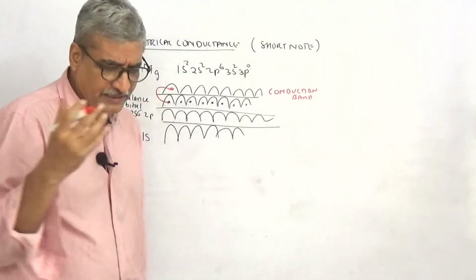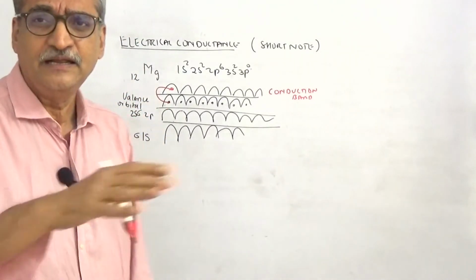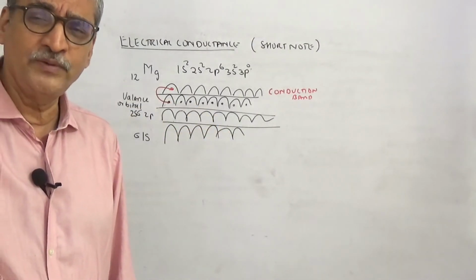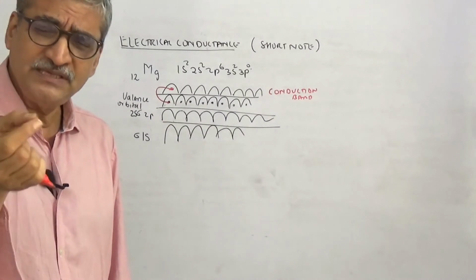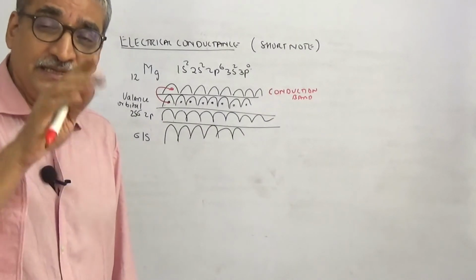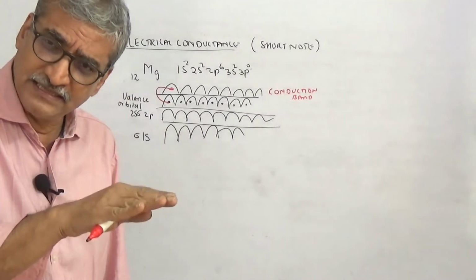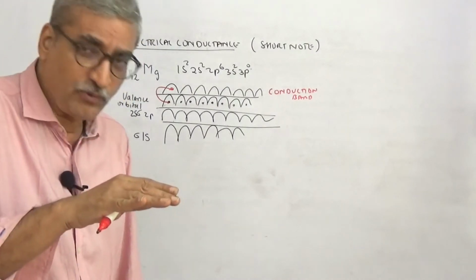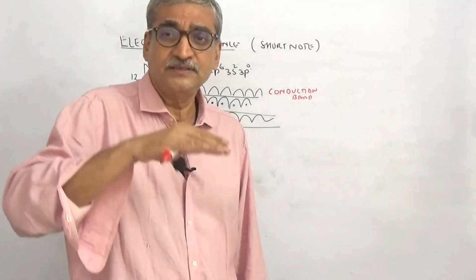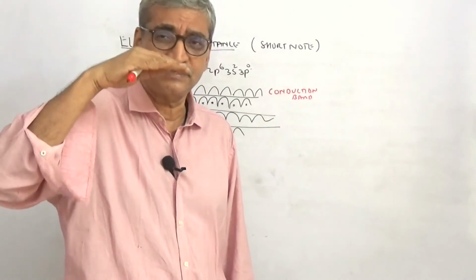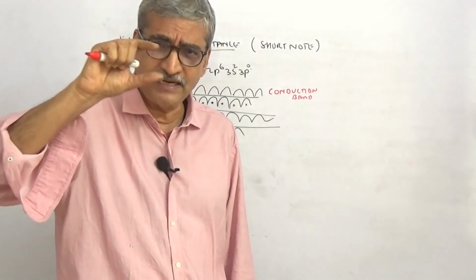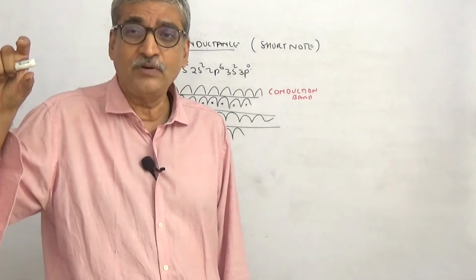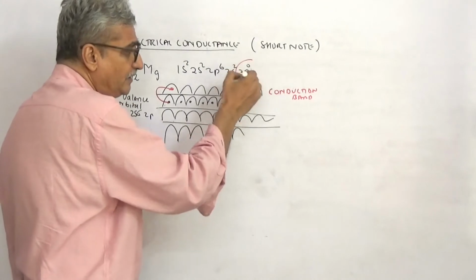Up to now, in 9th, 10th, 11th also, what we were saying, metals have mobile electrons. These mobile electrons are moving, and so there is conduction of electricity. I am just adding two more sentences to that. The electrons were present in the valence band of the metal atom, and what happened? They jumped from the valence band to the conduction band. How was the conduction band created? The conduction band was created because of the vacant molecular orbital of 3p.